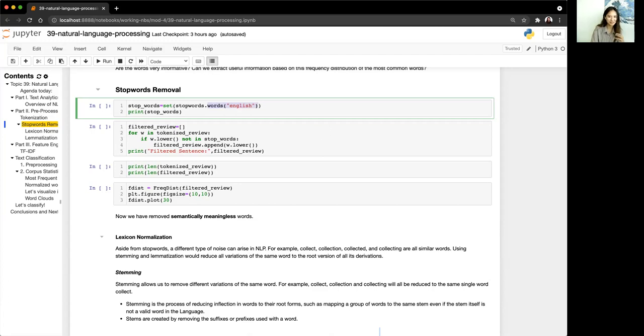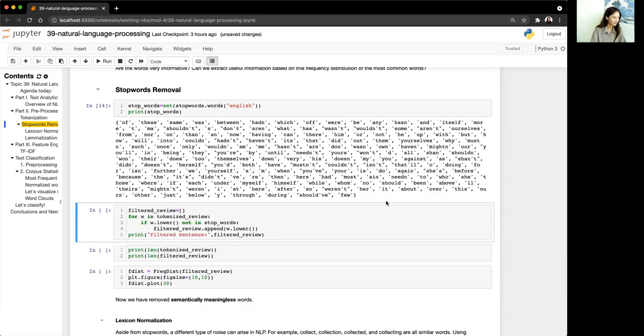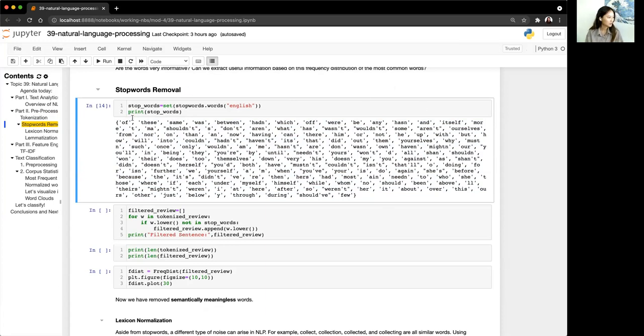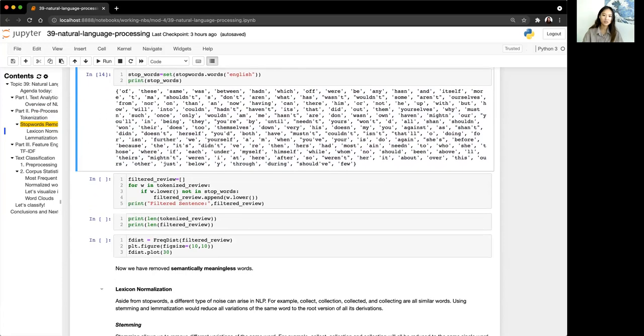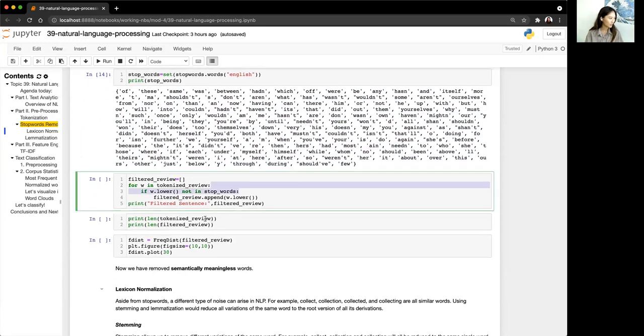I have seen one project done in German before, which was pretty cool, although I couldn't understand any of it. But the idea is still the same, as long as you can find a library that knows how to process that kind of text. If we take a look at the stop words, these are English stop words, predefined by NLTK. So cool, we have these stop words over here. Let's filter our review: for w in tokenized review, if it is not in stop words, let's just keep that word. So we're basically doing a filter.